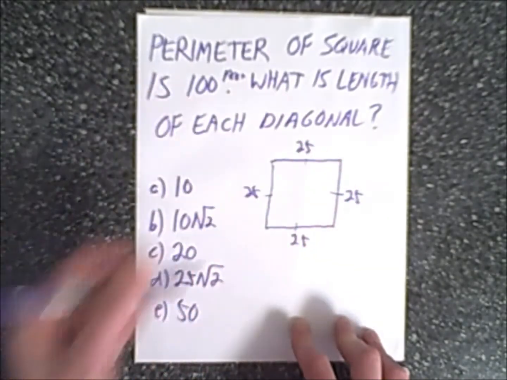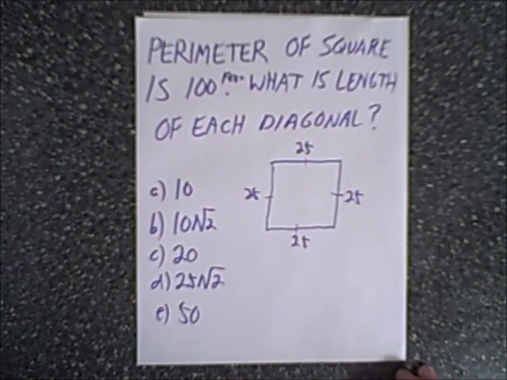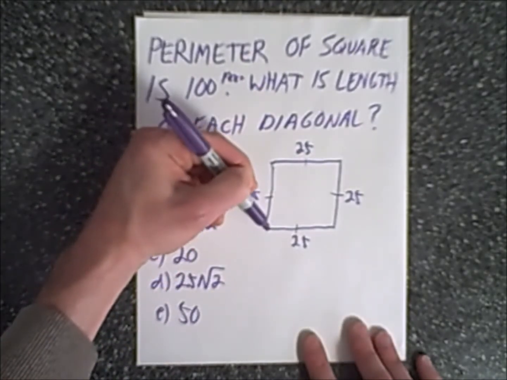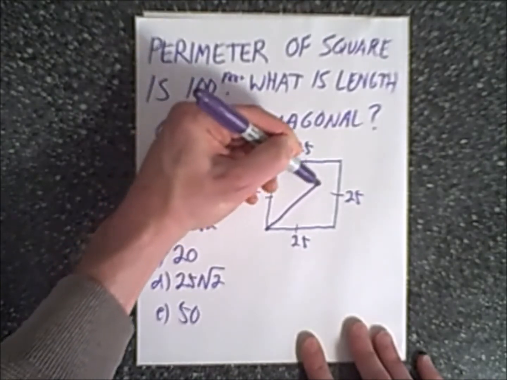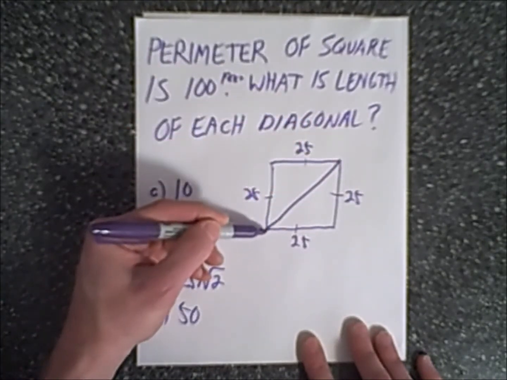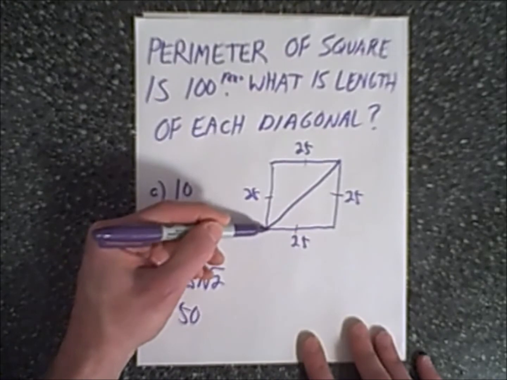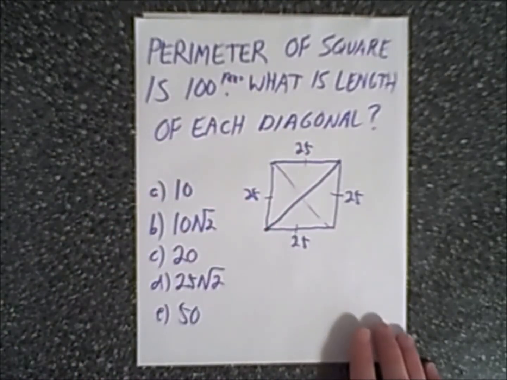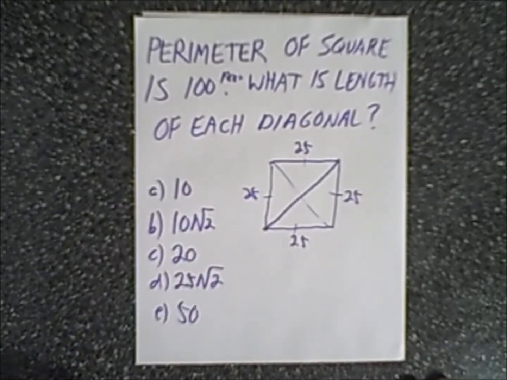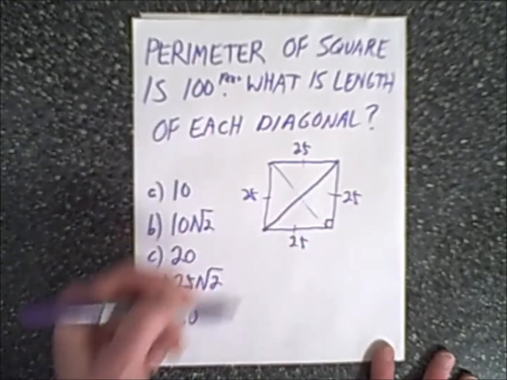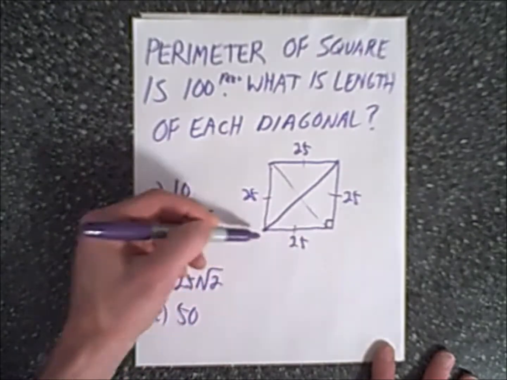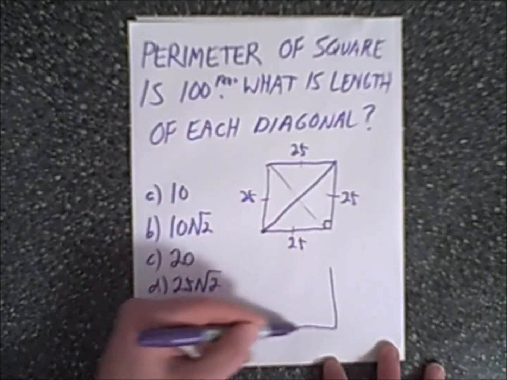same. So now that we've drawn our picture, let's go right to the question, which is what is the length of each diagonal? And hopefully you know what a diagonal is because that's what you need to answer this question. And a diagonal is simply a segment going from this corner to the other corner. And of course, this is also a diagonal for the square. And what we need to do is find this length. And the next important thing you'll need to know is that this is a right angle because it's a square. And therefore, if you extract this right triangle out, you have yourself